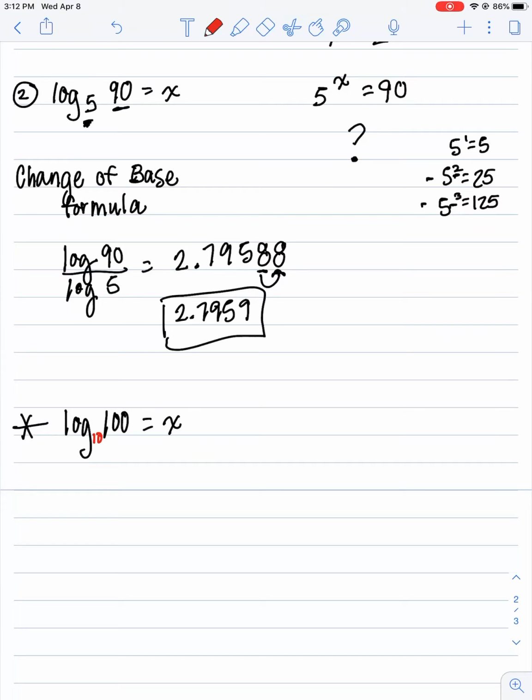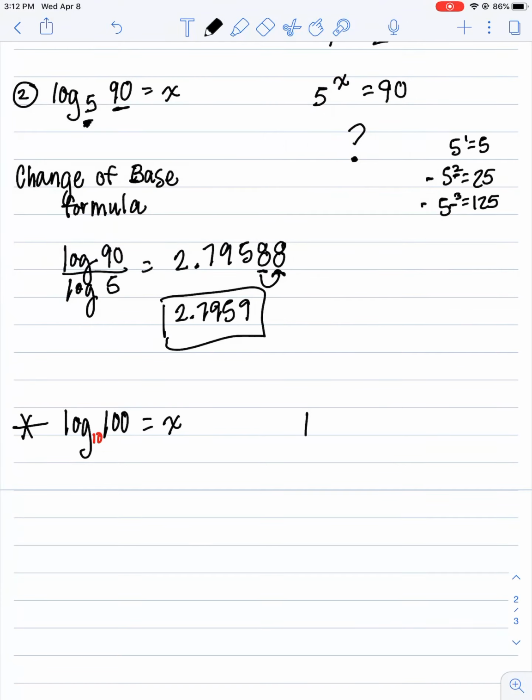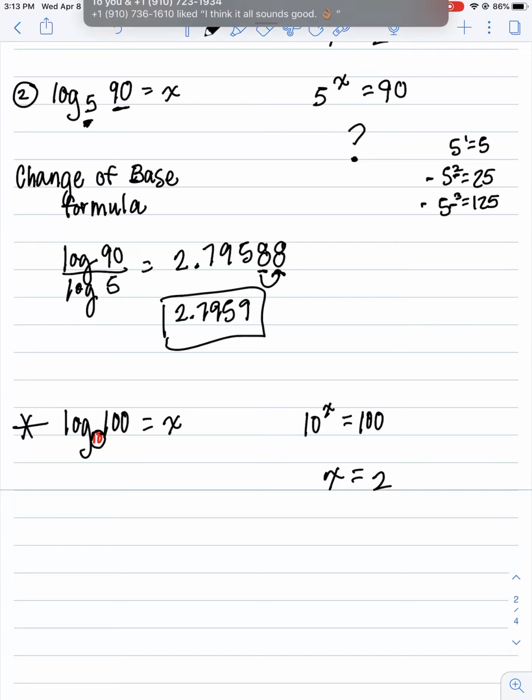When I don't have a base in math class, there is an imaginary base 10. And so when I rewrite this, the base is base 10. The logarithm equals x, therefore the exponent is also x, equals what's left, 100. And then that's easy. We know that 10 to what power equals 100? 10 to the second power, which means x equals 2. So the moral of that story is when you